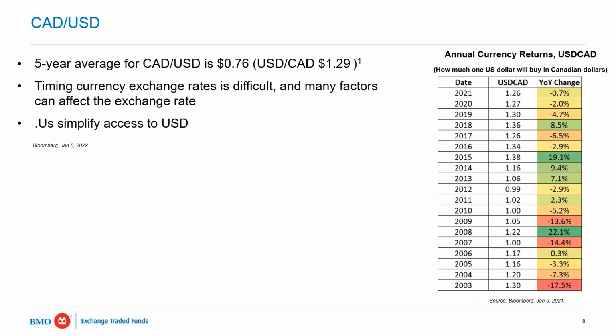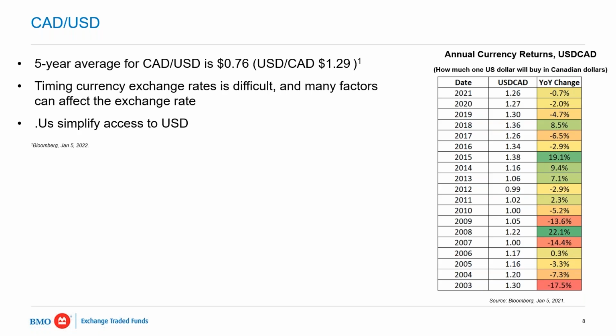So the Canadian US dollar exchange rate has been moving around over the last decade or so. Chris, what insight can you provide us on this exchange rate? This is obviously the most popular foreign exchange rate that Canadians are plugged into. Yeah, for sure. It's kind of interesting, currencies generally are not thought of as a return generating asset. Currencies like the Canadian dollar versus the US dollar tend to have a long-term average. It's probably about $1.25 Canadian to the US dollar, or 80 cents.